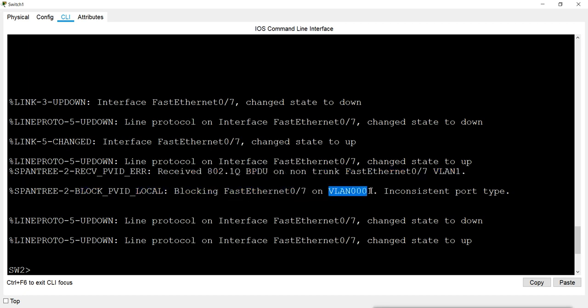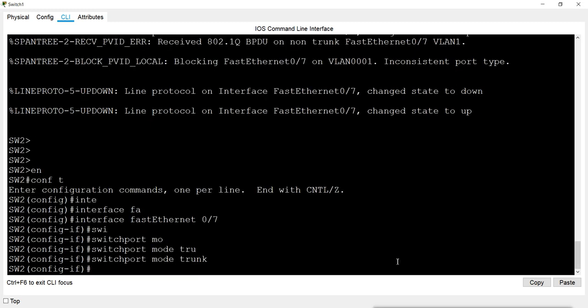VLAN 1 is the default VLAN, it is blocking the VLAN. After some time it was in the blocking state, then it will go up. So if I don't configure this port as a trunk, still it will work as a trunk. Now why will it work? Because the default state of the port is dynamic desirable.